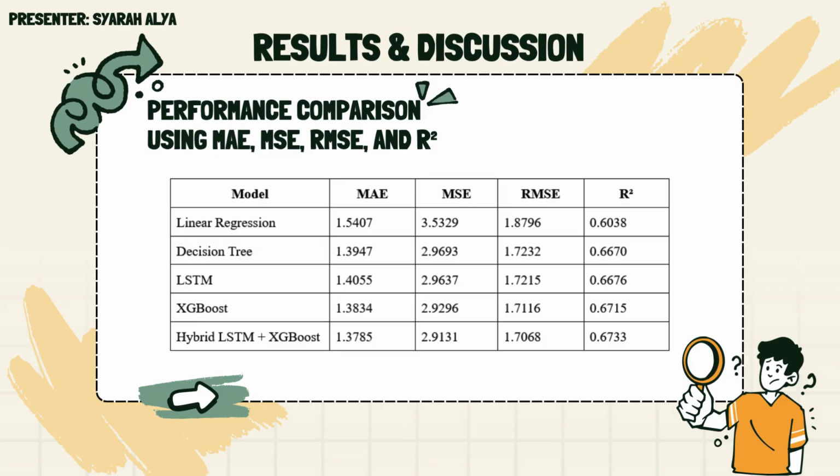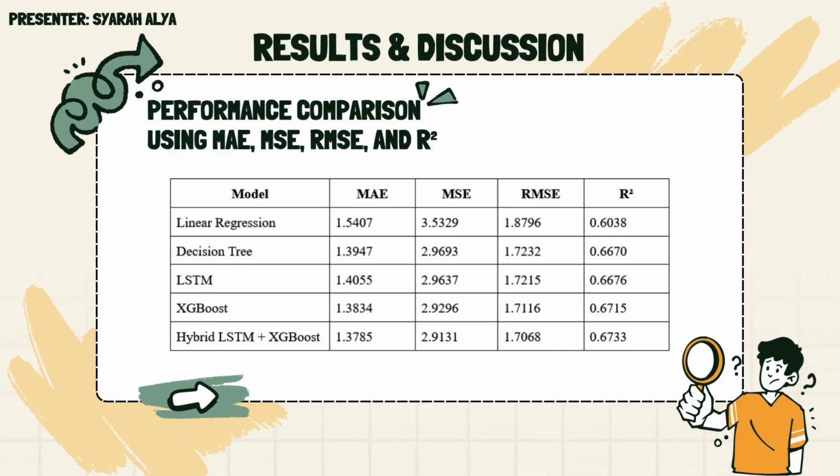However, it still lacks awareness of temporal dependencies and tends to overfit specific patterns in the training data. The LSTM model performs better because it is designed for time series data. By using memory cells and gating mechanisms, LSTM can learn temporal dependencies such as consumption trends over time. However, LSTM predictions tend to be smooth, meaning it struggles with abrupt load changes and complex nonlinear fluctuations.